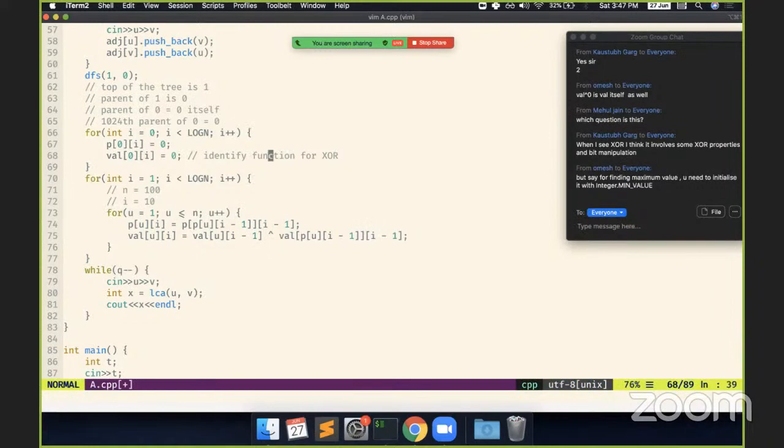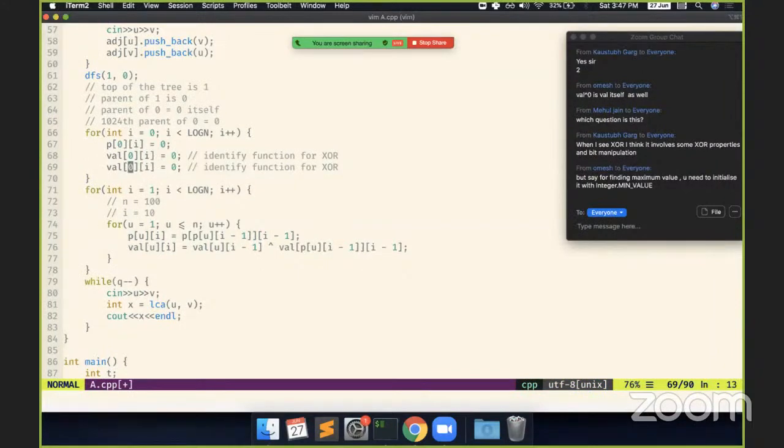Exactly, Umesh, you're correct. You got the idea, right? If you're doing this for max and negative values can be there, then 0 is incorrect. Then you would need int min, basically something like an identity function for max. Because once that's applied, we want it to have no effect,